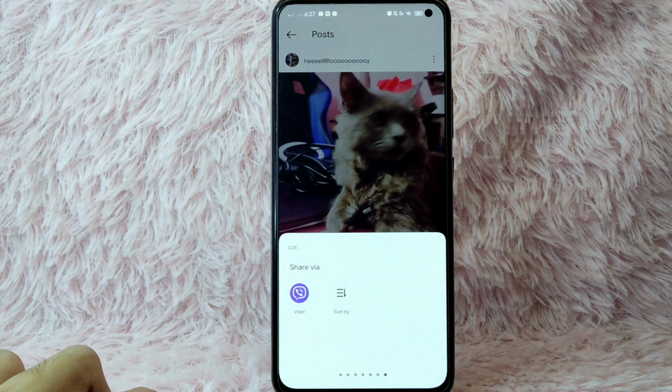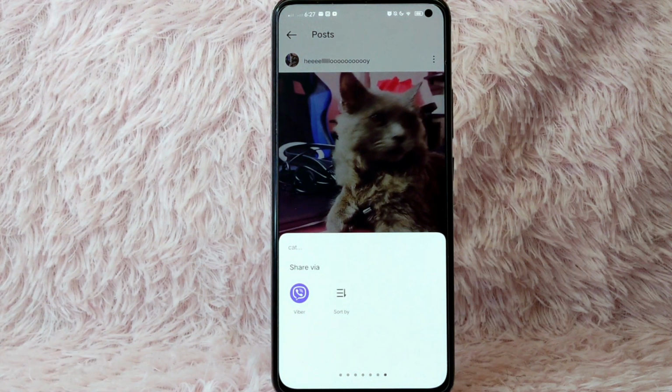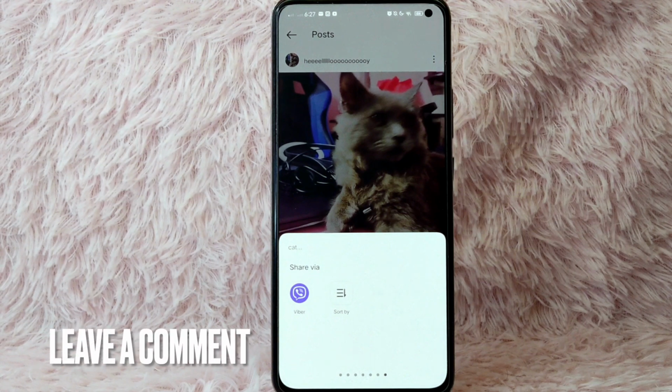There you go. If you wanted to know how you can share your Instagram post, that is the easiest way I know how. If you know another way on how you can share a specific post on your Instagram,